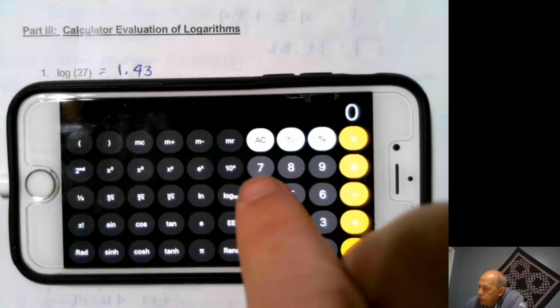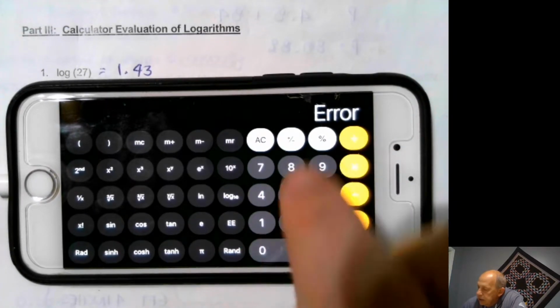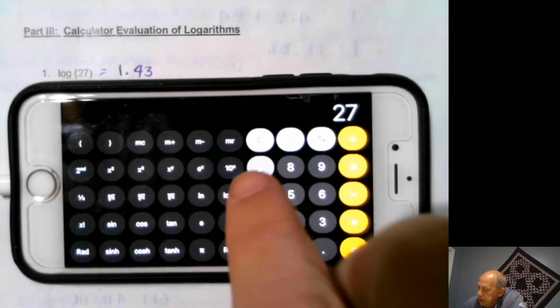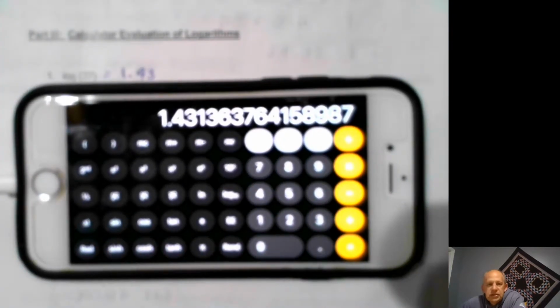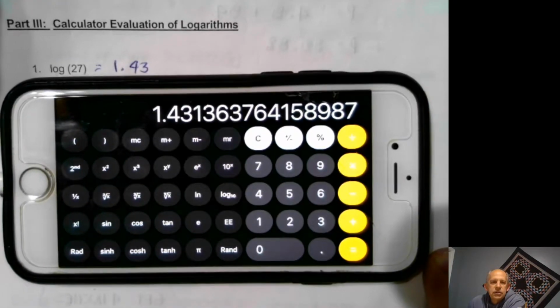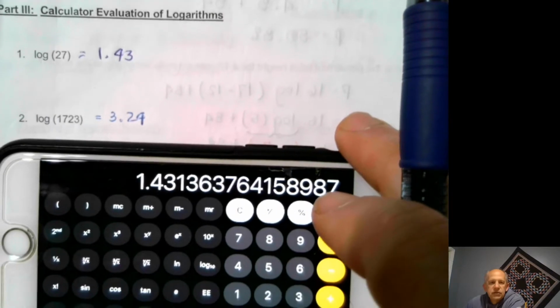was 1.43. So what I'm going to do is enter 27, and I'm going to hit this log base 10. That's going to give me the 1.43 for the log of 27. There's your answer for that first one on the log. Next one, let's find the log of